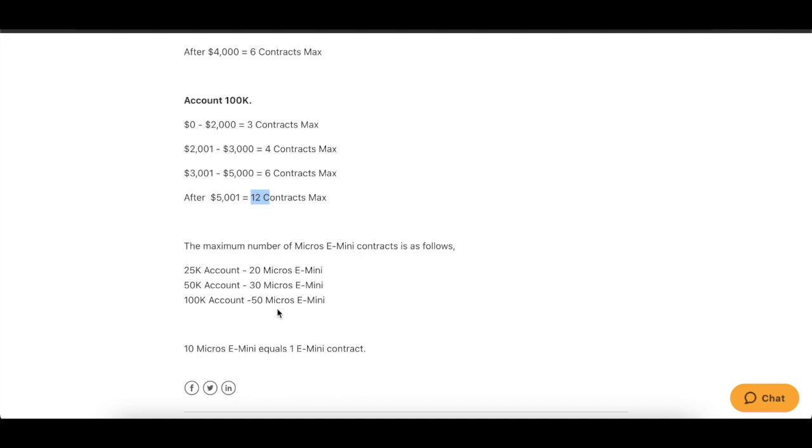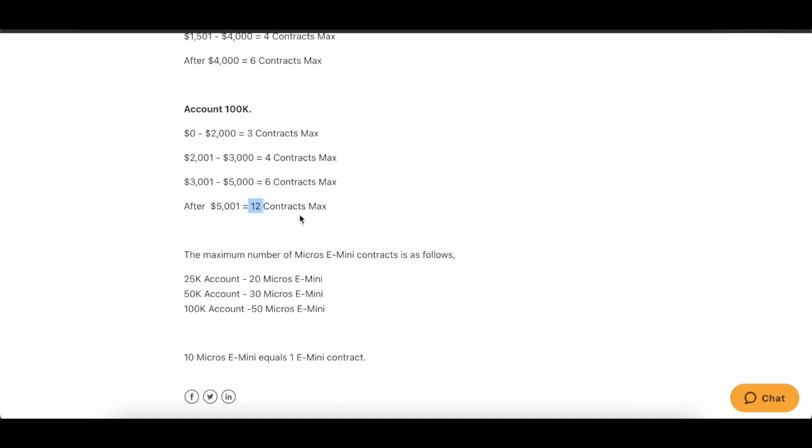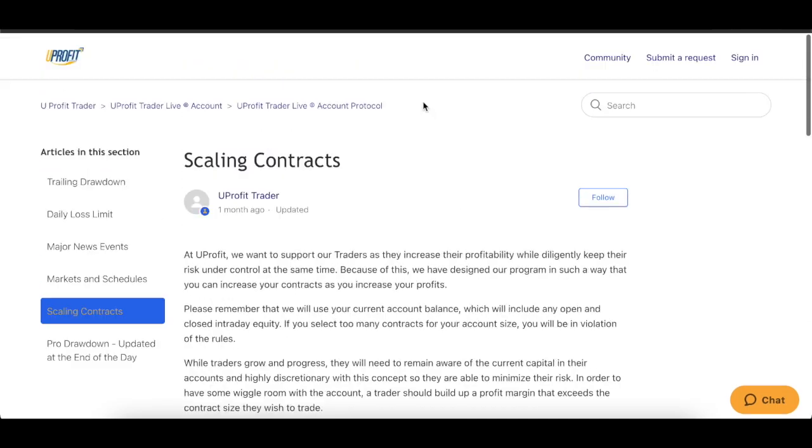People always seem to ask about micros, and I think it was TopStep. I could be wrong, don't hold me to that. They kind of goof this up, or they don't quite do it right. Like if your max was 12, you could only trade 12 micros as well. I think they fixed that since then. I'm not 100% sure. I don't really trade the micros in these types of accounts, to be honest.